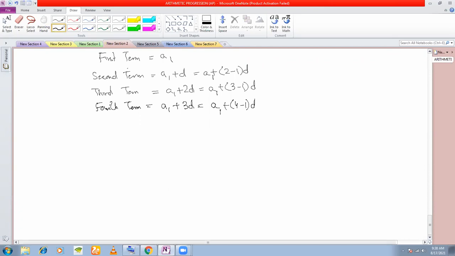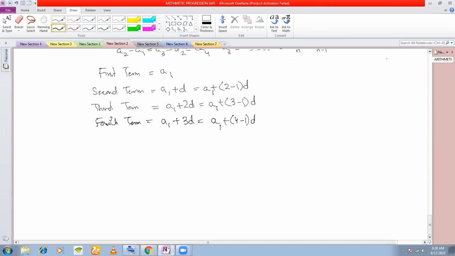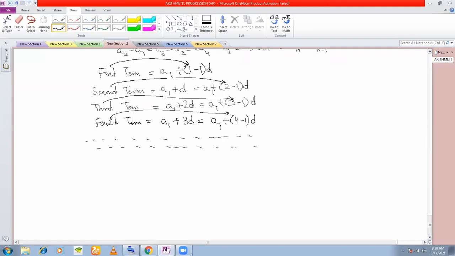So what you see is that the first term is A1. So this can be written as A1 plus 1 minus 1 into D, right? Now you see first term corresponds to this number, second term corresponds to this number, third term corresponds to this number, fourth term also corresponds to this number. So continuing in this manner, I can write the nth term is equal to A1 plus n minus 1 into D. This is called the general term of an AP. Very useful formula which we shall be applying to solve